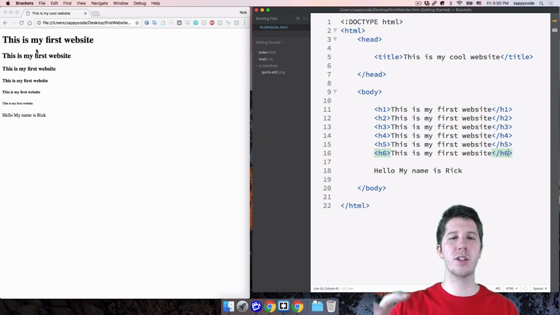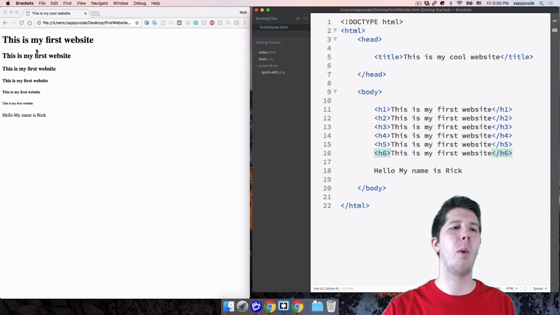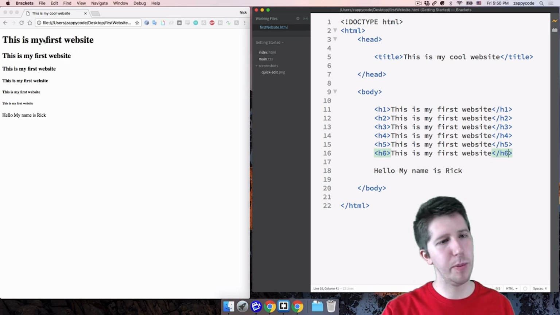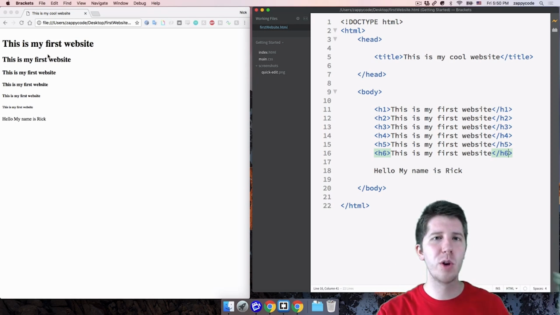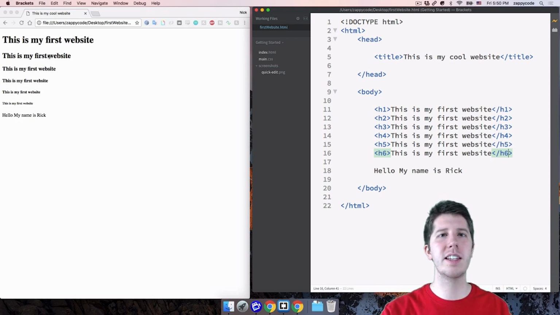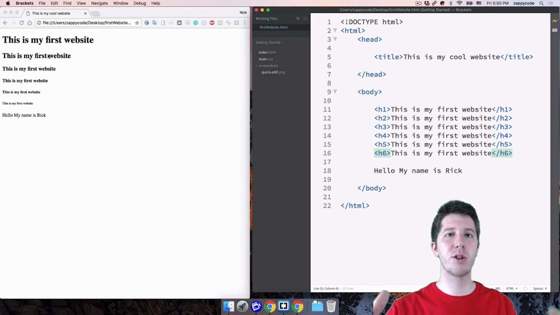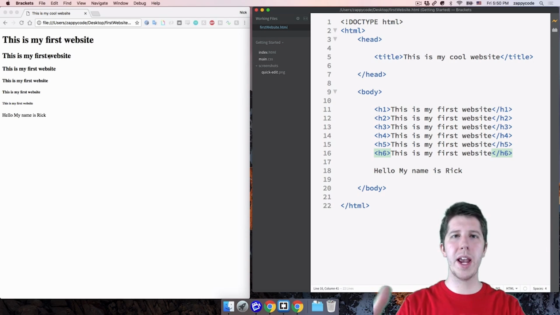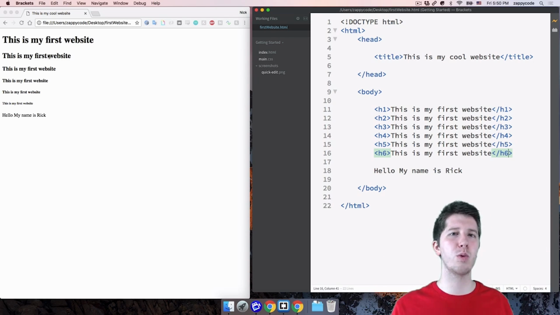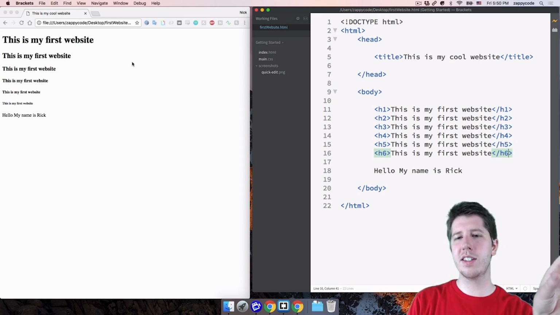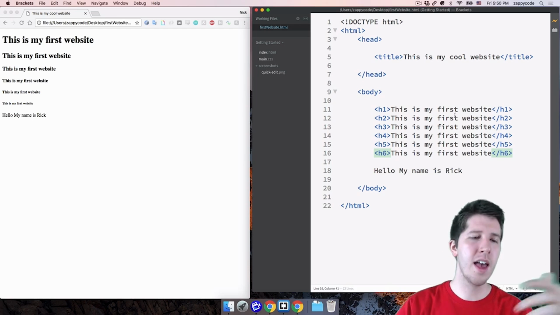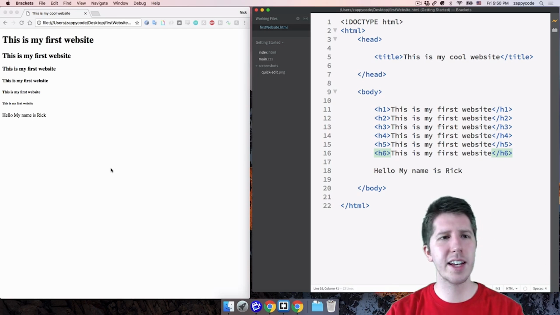So H1 is obviously your first, biggest tag to say, this is something really important that I want the user of this website to know about. And then, from H2 on, it goes down from there. You're going to see this a lot in different websites. For example, when Google is trying to rank web pages and decide what's the most important part of a website, they will typically look at the H1 tag on the page and say, what's inside this H1 tag, because that's probably what this website is most about. But yeah, like I said, very common.